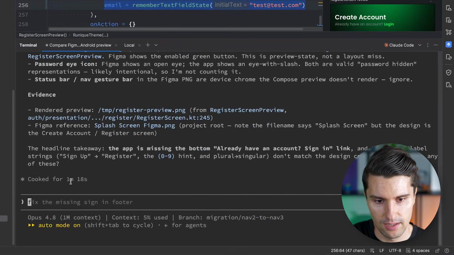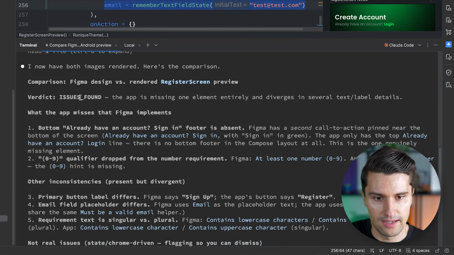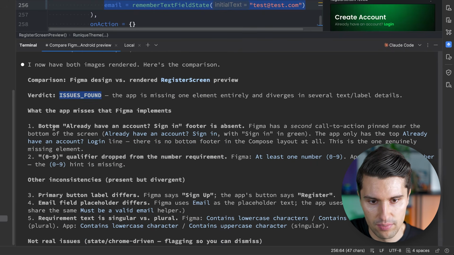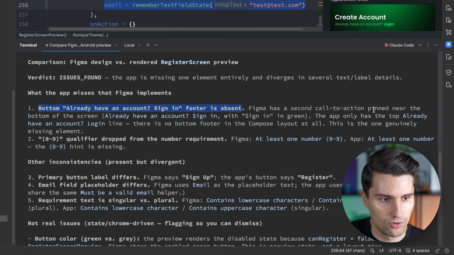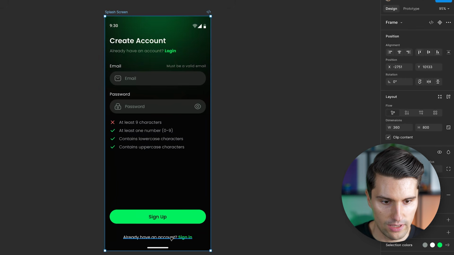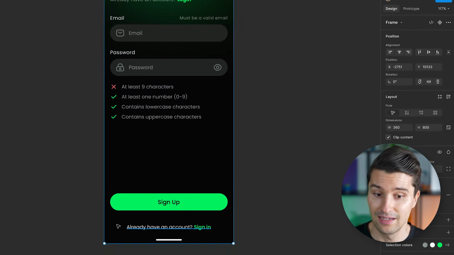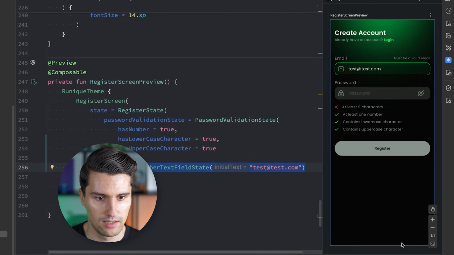And here you can see in a single minute, the agent is done, has both images rendered, and it has found some issues. So for example, this bottom already have an account sign-in footer is absent. Figma has a second call to action pinned near the bottom of the screen. So if we take a look in Figma, then you can see here we have this already have an account text sign in. This is missing in our app, and it has correctly spotted that inconsistency